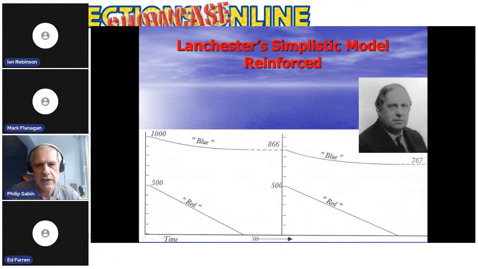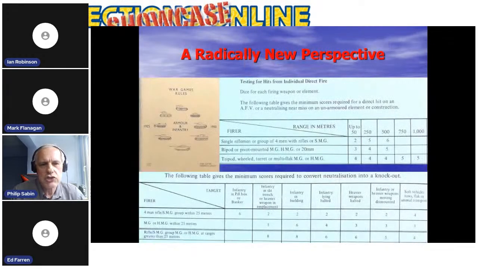The problem with Lanchester is that if he's right, it's only coincidentally, because his model is so simplistic that taking it at face value is a very, very dangerous thing to do. He leaves out all sorts of stuff which we really should be modeling. The problem with a simple wargame like Grant's is it does actually recreate almost exactly the simplistic assumptions that Lanchester was talking about. The very next year, 1973, there came out something which was much more sophisticated,